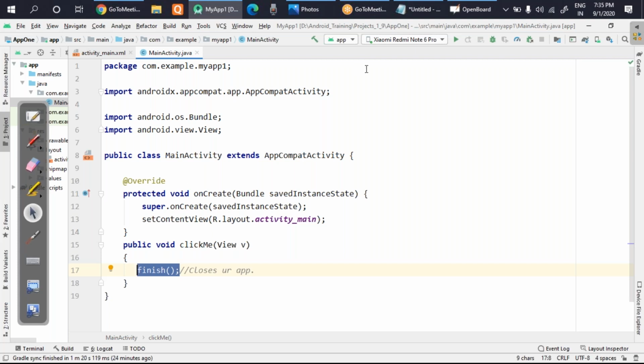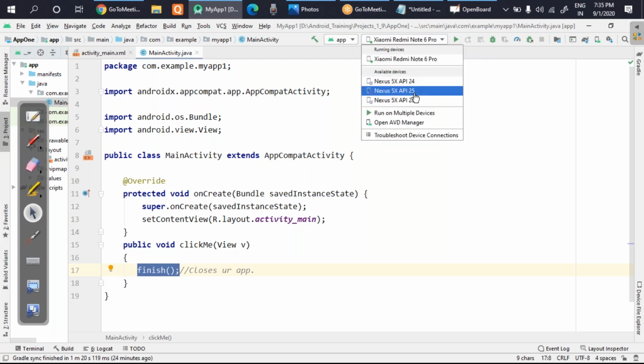So already what I have done is I have connected my smartphone. Okay, so you can see here I have some devices also, and I have my smartphone also. You can see here running devices. If I select this one, it's showing running devices. Okay, so you can do this way also, or if you want, you can select the virtual device. I'm not using virtual device because of memory constraint.